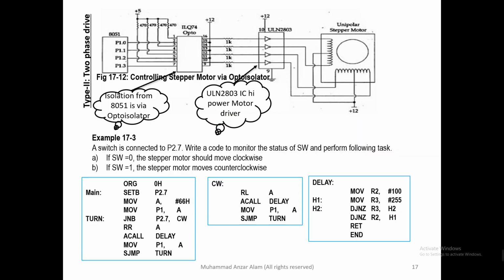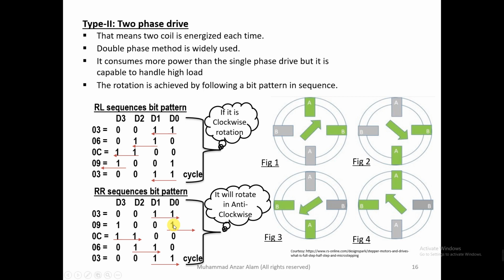One more example. This time the example is of type 2. So please remember this pattern. One more thing: it can be started at any point. It's not necessary, we don't know where the rotor is. We can start from the 03 value, or we can also start from the 06 value, 0C value, or 09. Any of the